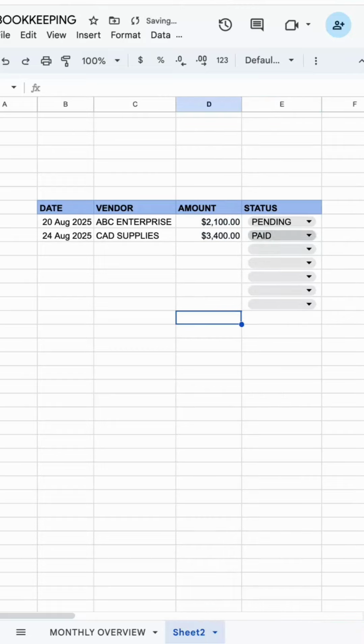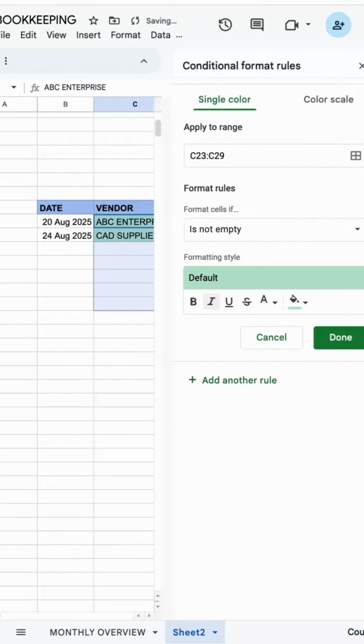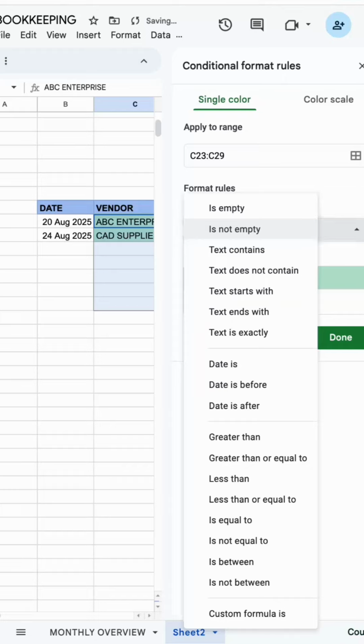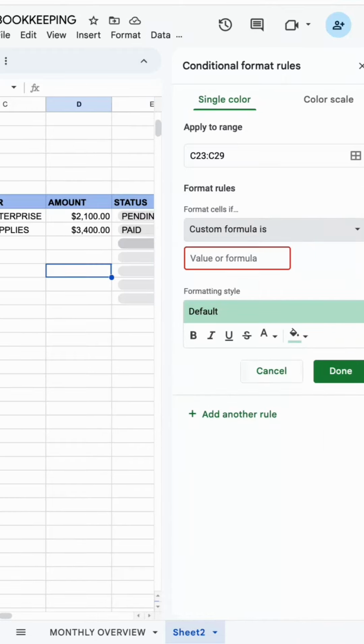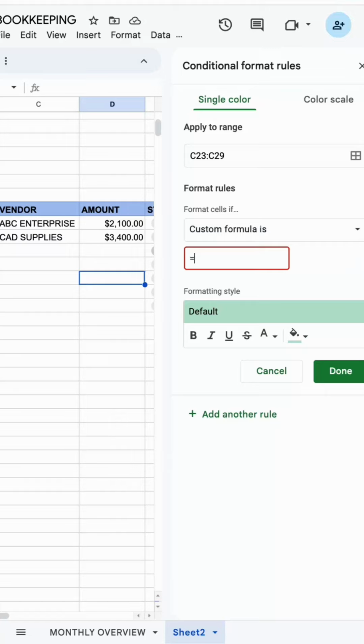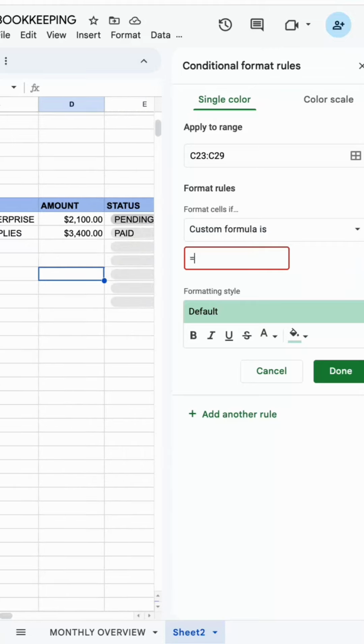So now what I'll do is, in case I have that particular status as paid, I'll just try to highlight that in green color. So to do that one, I'll just try to completely select this one over here. So here I'll go to insert and then I'll do a conditional formatting. So here I'll say the custom formula. So here what I'll do is I'll check whether the particular cell, that is this E23,